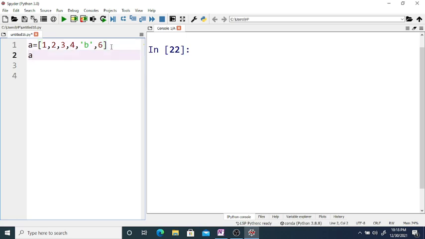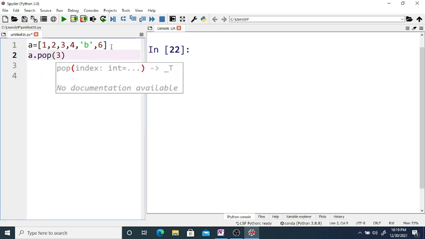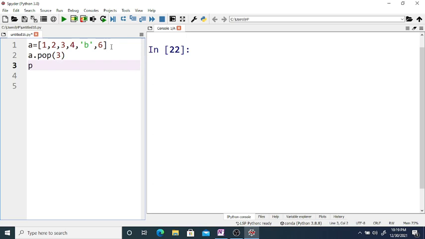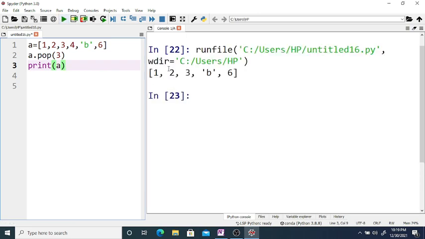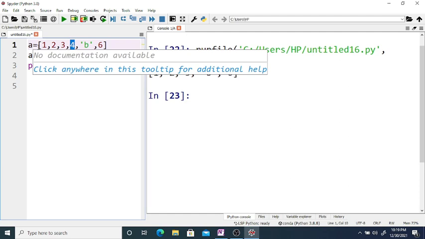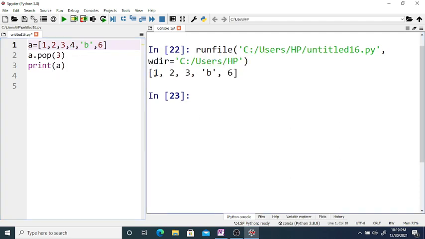So a.pop(3), and if you use print a, you can see this 4 will get removed from the list, and it is 1 2 3 B and 6.